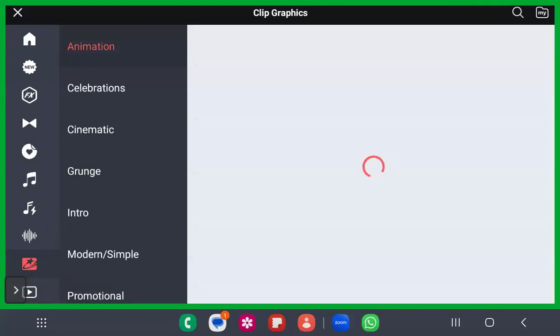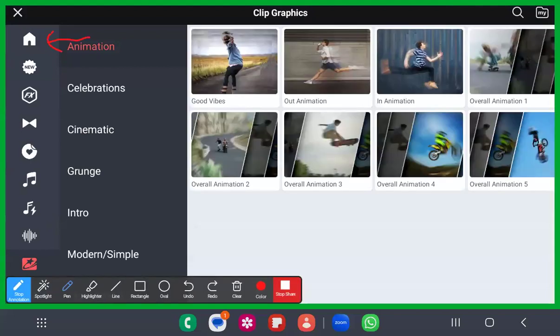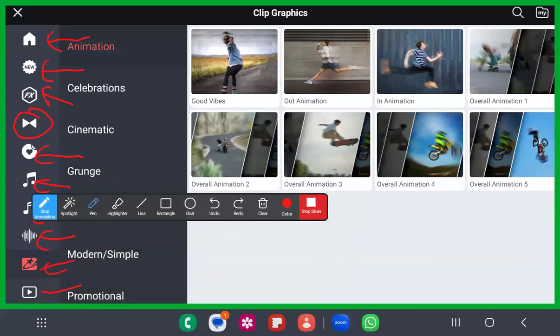In the asset store you have different options. I'm going to teach you each of them. This is nothing but the home. In the home you will have all of the stickers and more. This is the sticker option. This is the effects option. This is the transition option. This is again the sticker option. This is the sound option. This is the effects option. This is again the sound option. This is the video option, and also this is the video option. Fine.